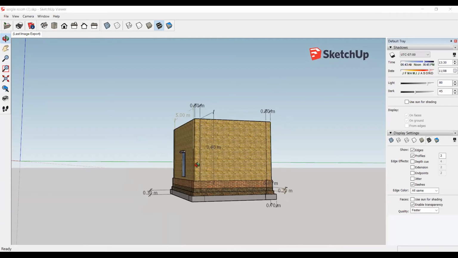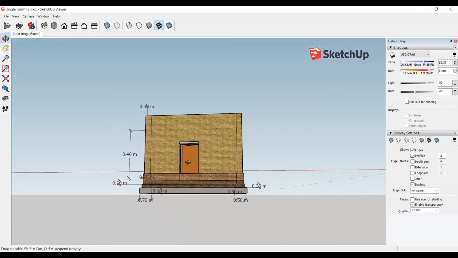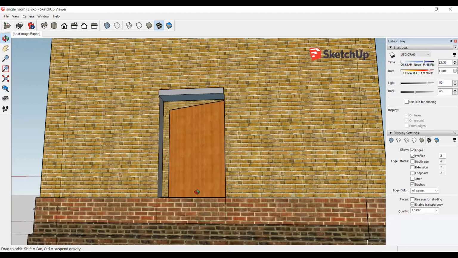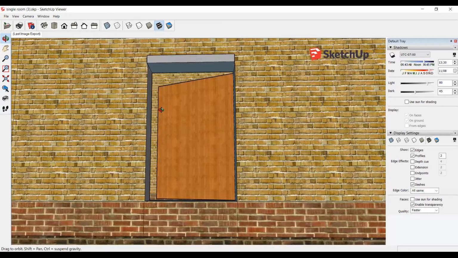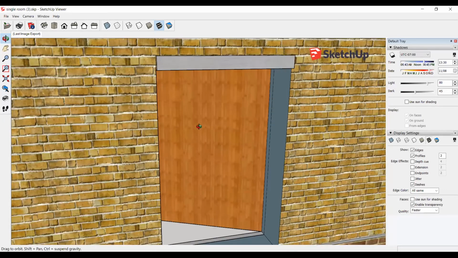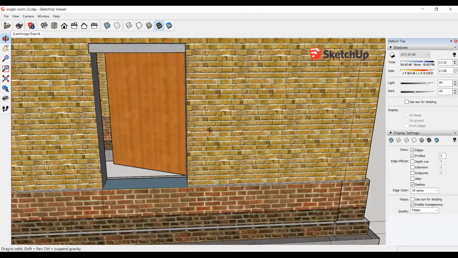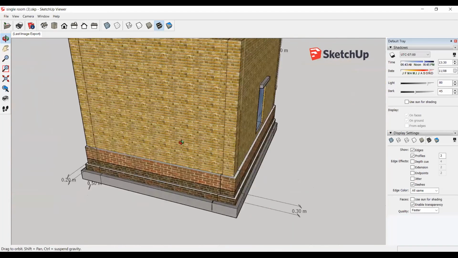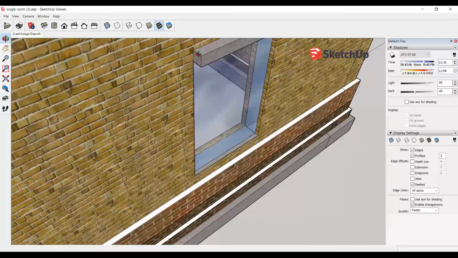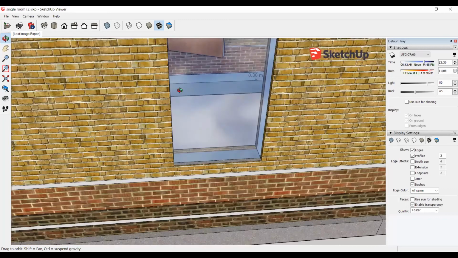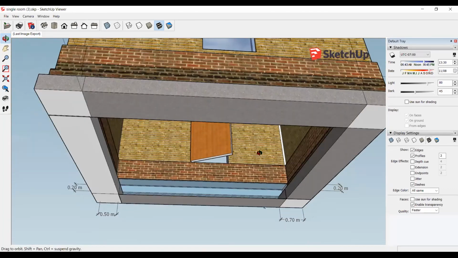So this part here, we have a door and a window. Okay. We can go to the closer view where we can easily see. The lintel part which I have said is this. This is the lintel part and this is the projection. Okay. So this is the door. And this is the window. Even the window is having a lintel. Here, the projection part. Even inside part also there will be the lintel.